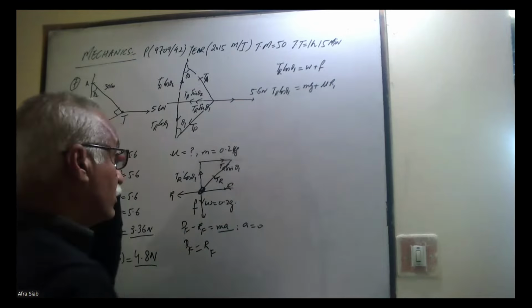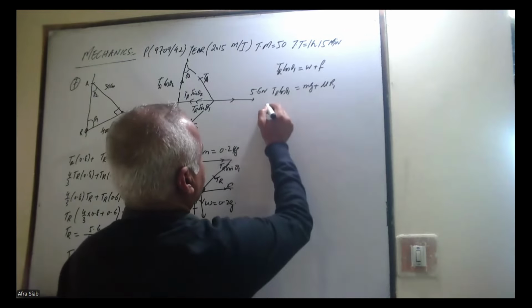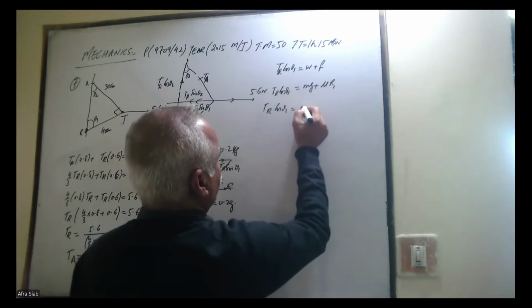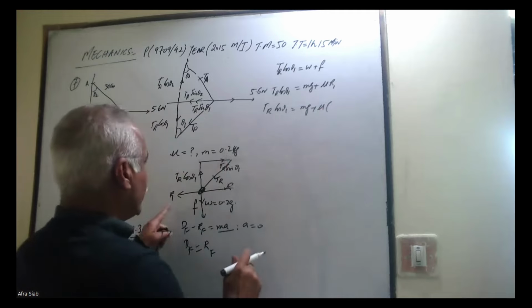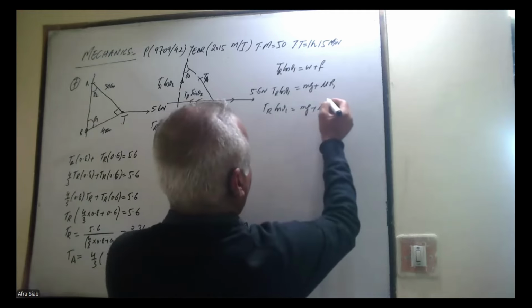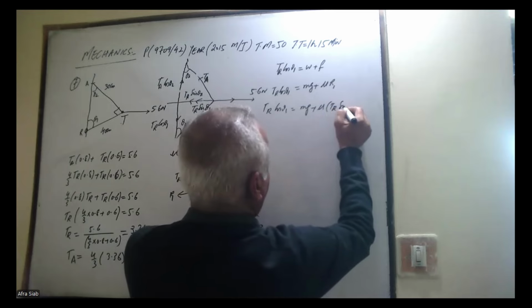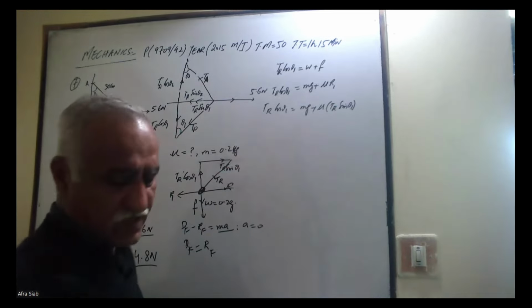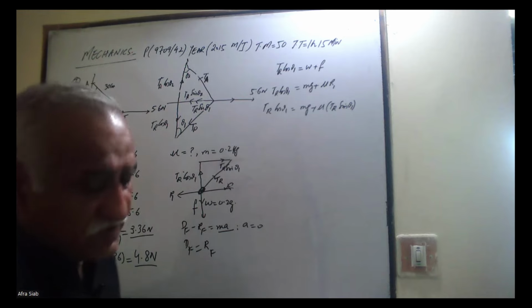So it should be equal to TR cos theta 1 is equal to mg plus mu R1, and R1 is being balanced by TR sine theta 1. And now we put the values into this part where TR cos theta 1